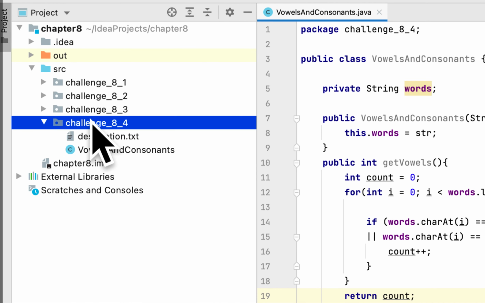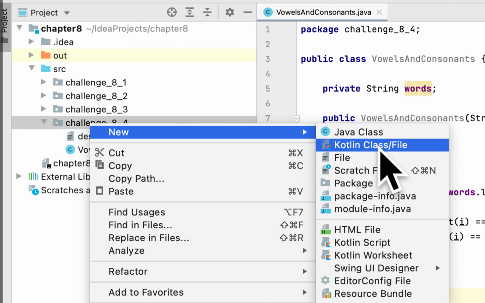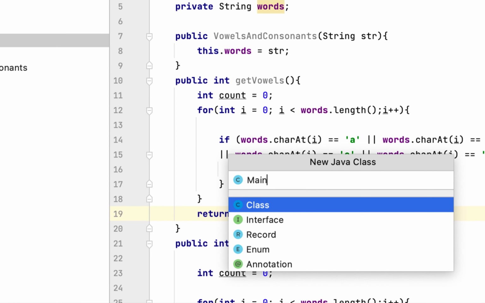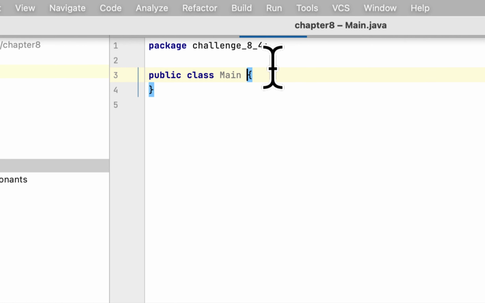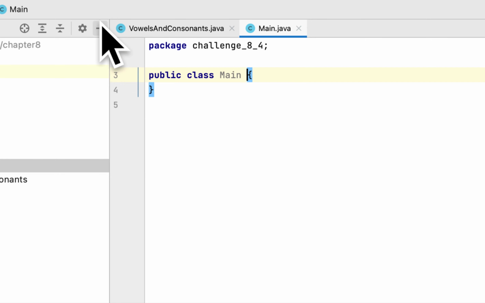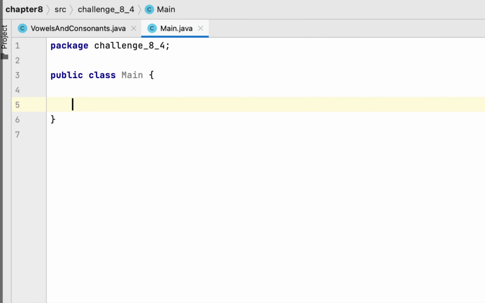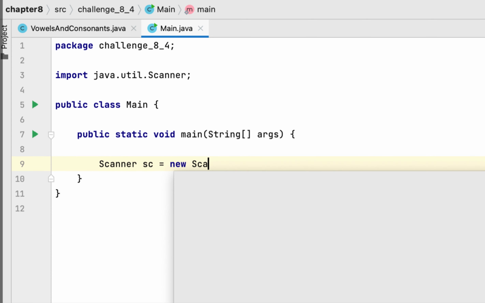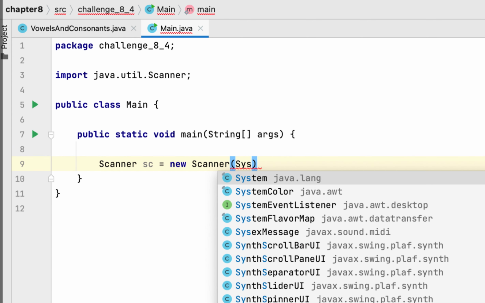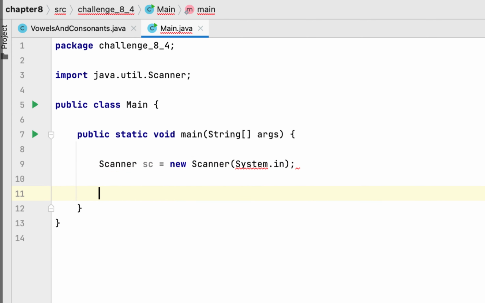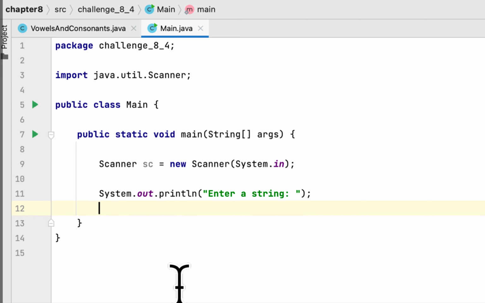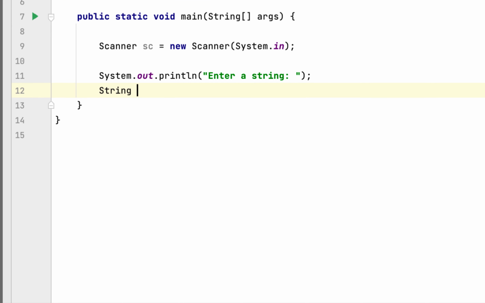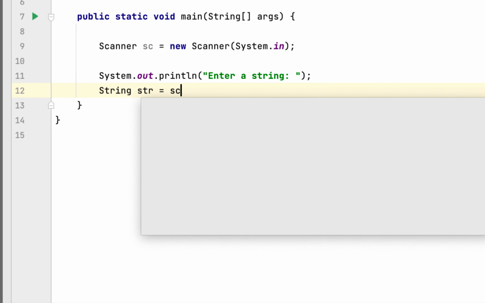And after that, we have to create another class. We will call main. In this class, we will write the main method. We will create a Scanner class, new Scanner, System.in, and we ask the user to enter a string. Then we say string sc,